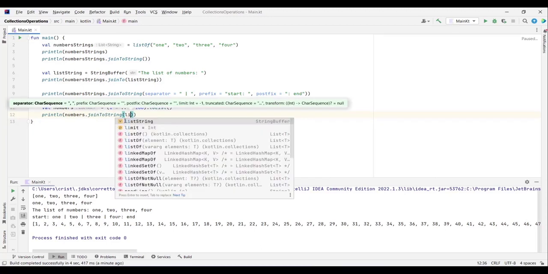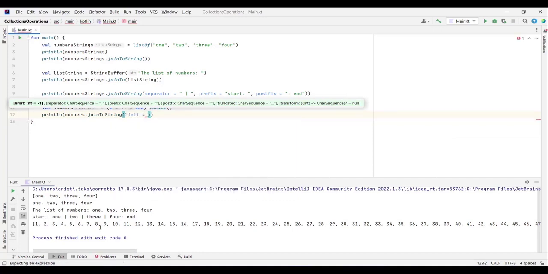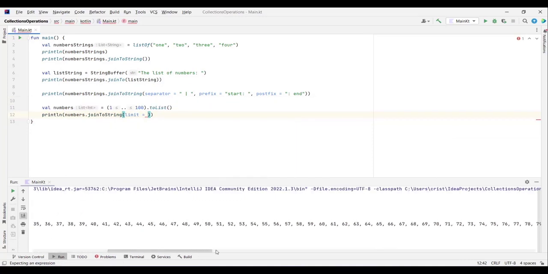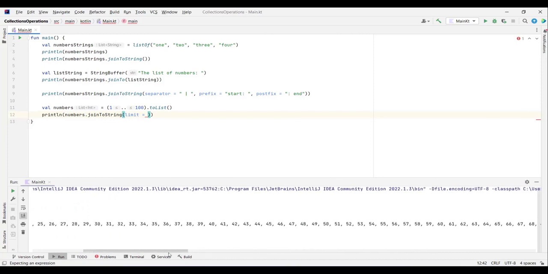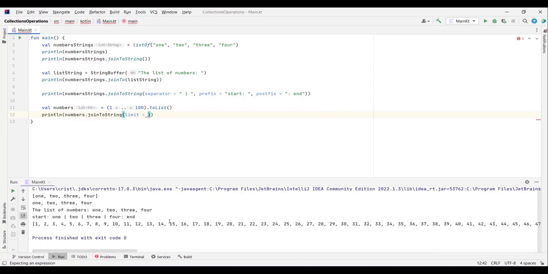Here we type the named argument limit, and let's say that I don't want to get all the numbers, from 1 to 100, and I want to get only the first 15 elements. To do this, we just type limit 15, then we type truncated, and that is going to be